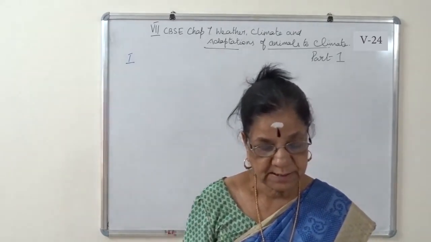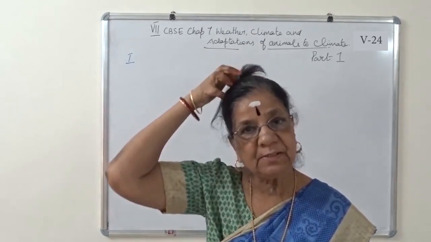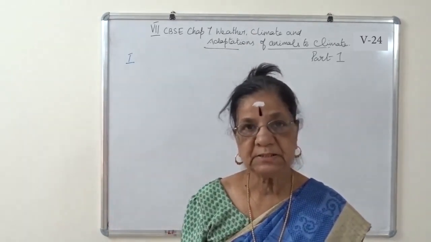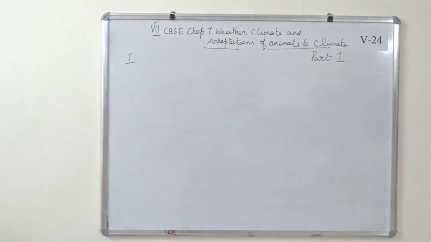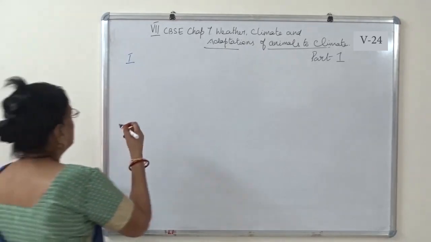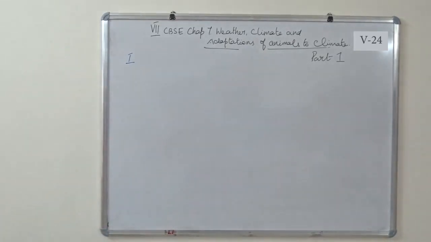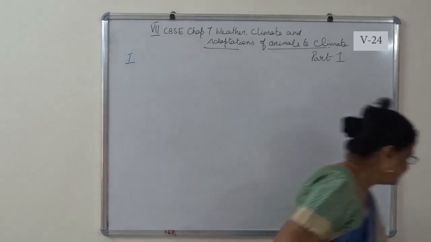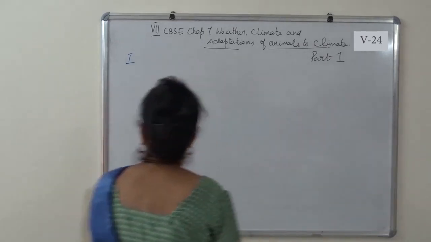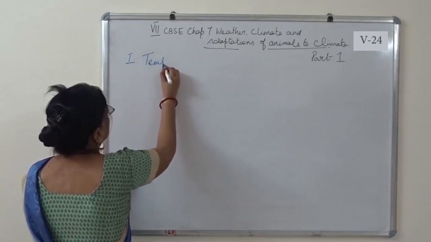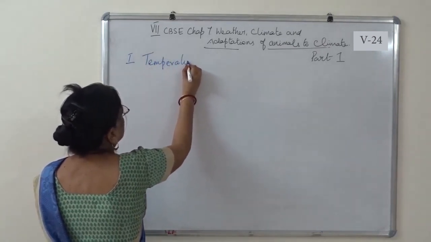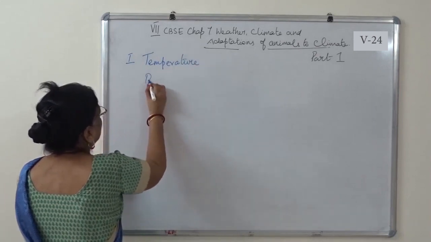Okay. So name the elements that determine the weather of a place: temperature, rainfall and humidity. The elements that determine the weather of a place are temperature, rainfall and humidity. It is temperature, spelling paathuko, temperature, rainfall